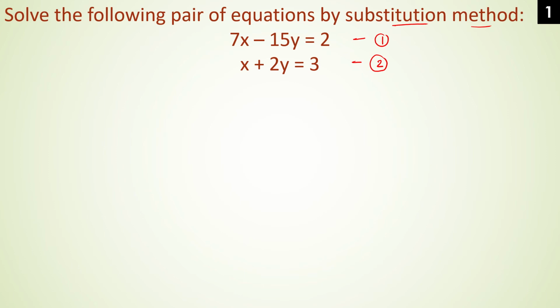According to the name itself, it is clear that we have to substitute a particular value of the variable from one equation to another. Here the key concept is that we have to select any of the equations given, and